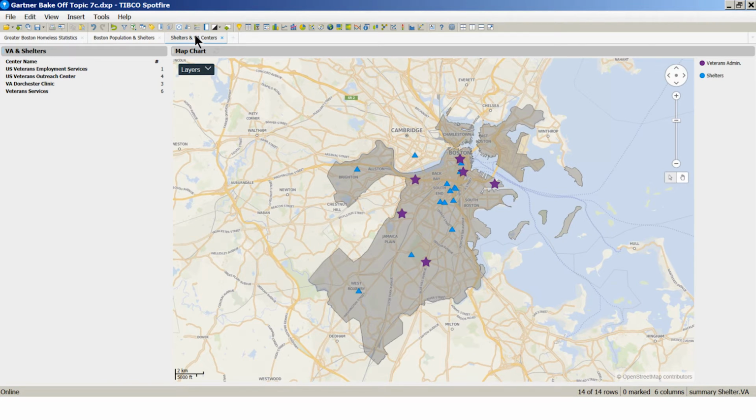We are now looking at shelters and nearby Veterans Administration centers. A big proportion of US homeless are veterans. We can use Spotfire to find optimal routes from shelters to the nearest VA center, where veterans are provided with